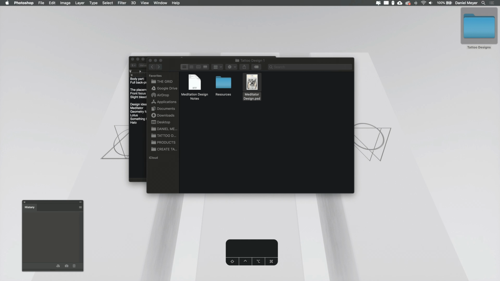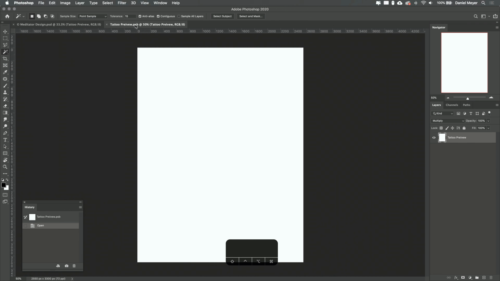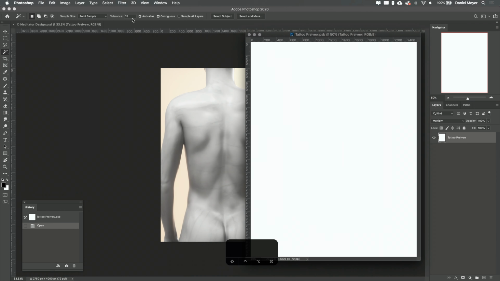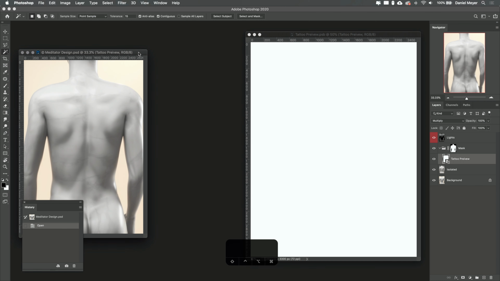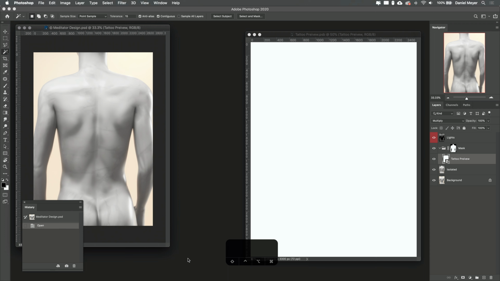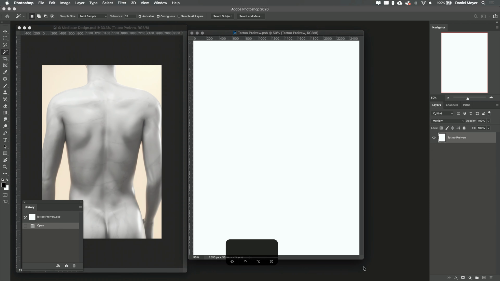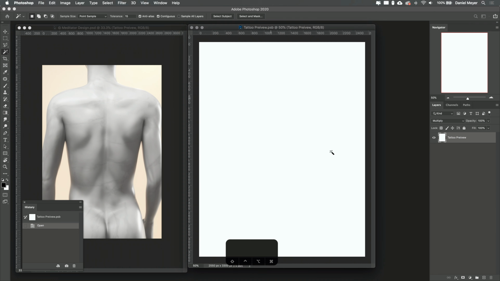And double click. Opening up in Photoshop, and as we discussed before, double click on the tattoo preview. I will drag it on the right, and the mannequin preview on the left, so we can work in this workspace here. I'm going to start out with creating a new layer, and what is really important in this video,